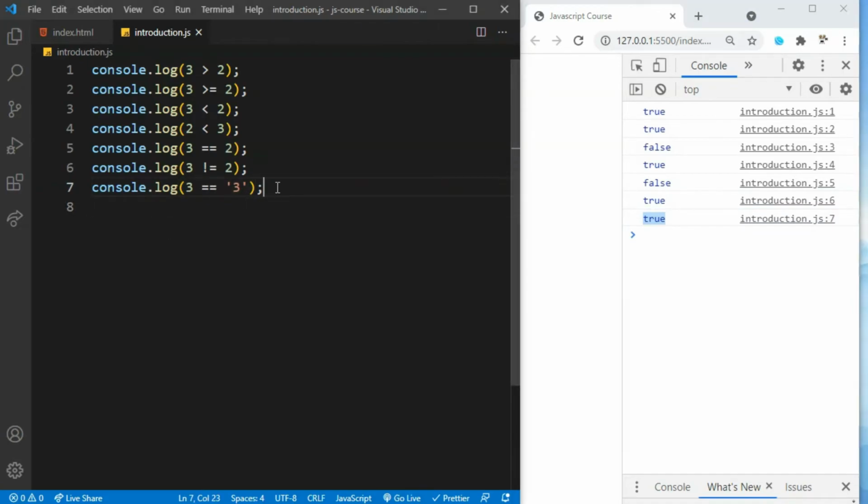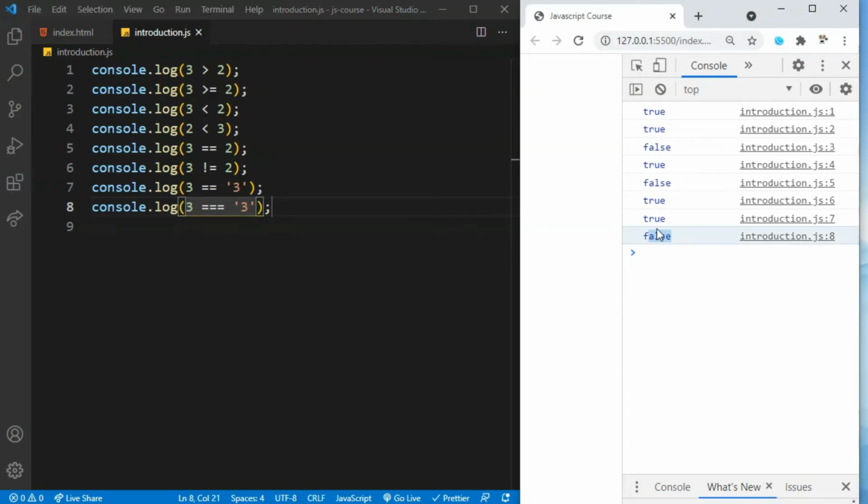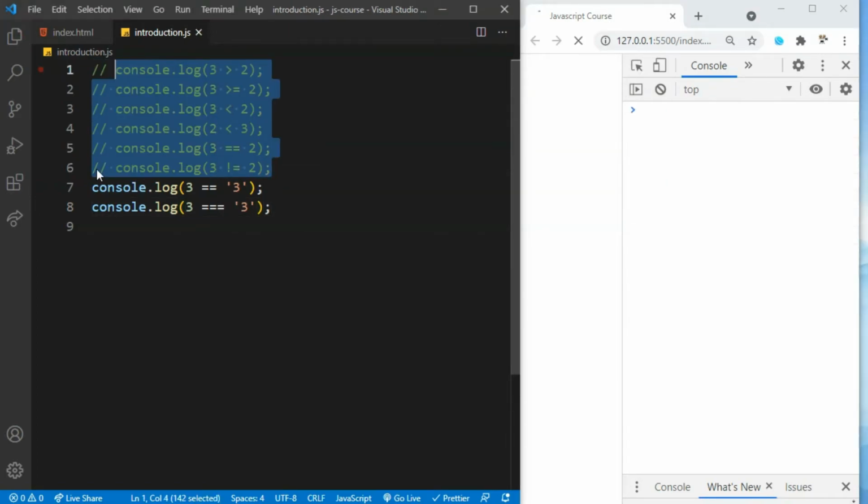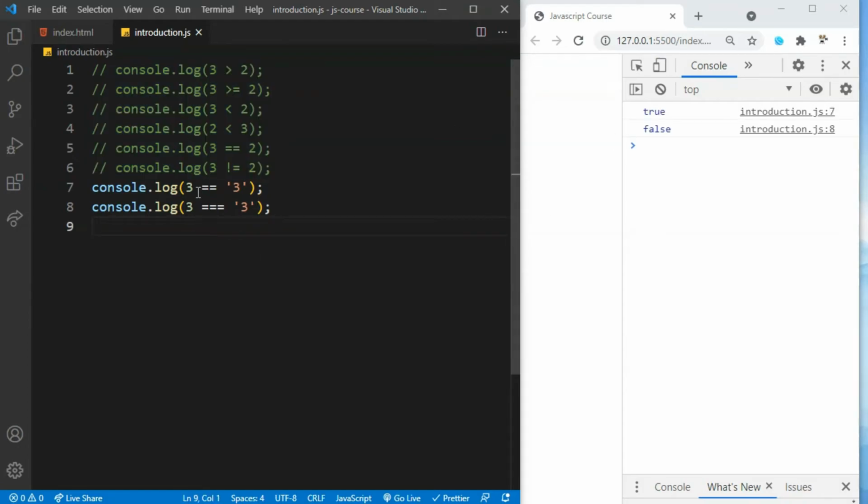Similarly, if I now use triple equals to 3, it's returning false. Let me comment these out so that you will know better. As you can see, with double equals to it is returning true, but triple equals to is returning false.